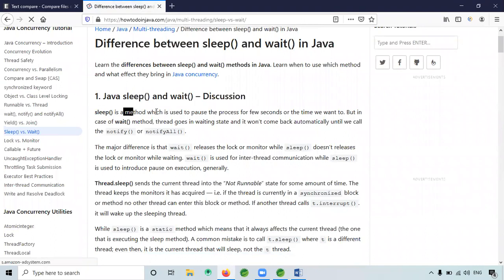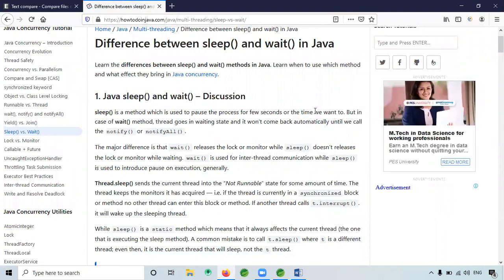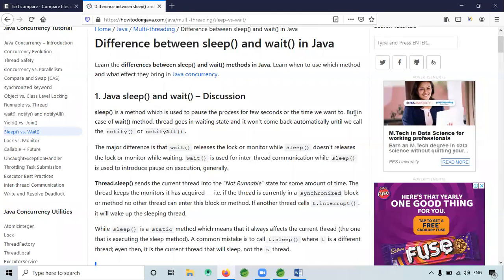Sleep is a method which is used to pause the process for a few seconds or the time you want. But in the wait method, the thread goes into waiting state. It won't come back automatically until we call notify. Basically this is when we are talking about the threads concept, so for that they are telling notify or notifyAll.